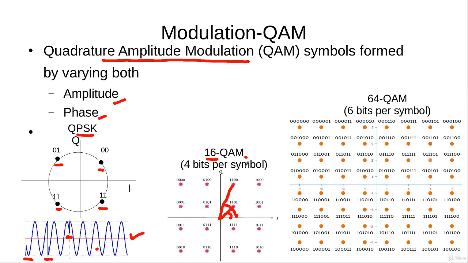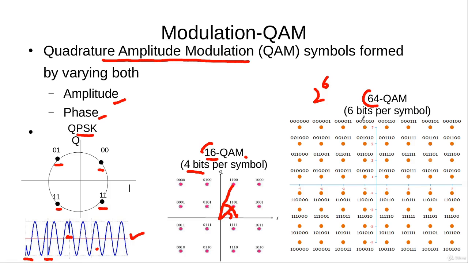So as there are 16 samples, each sample represents 4 bits. So 4 bits are modulated at a time into one sample, and 2 raised to the power 4 is equal to 16. And now if we have 64 samples, then as 2 raised to the power 6 is equal to 64, that means that each sample represents 6 bits, and each sample has its own amplitude as well as its